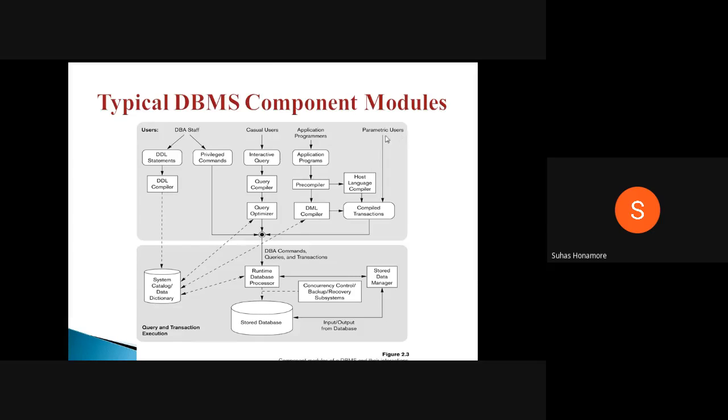One more user type, besides the casual user, is the parametric user. A parametric user will normally not take any login ID and password. Take the example of the IRCTC website clerk, who books tickets for you people. He uses the database frequently, but not for his own purpose. For him there will be a different kind of front end, so he will use the database directly. He will not use any captcha. He will just enter from and to, and book.